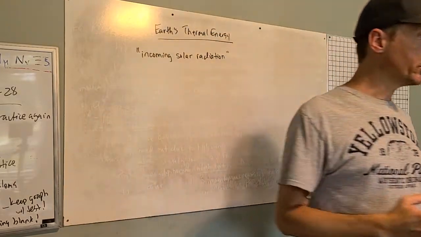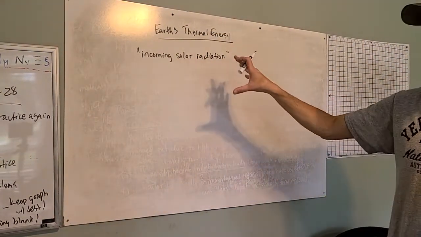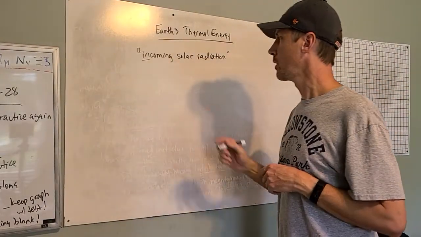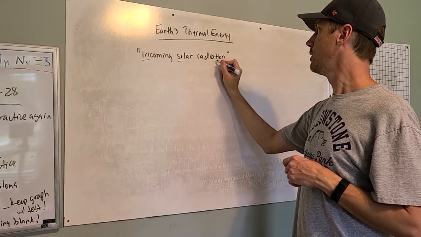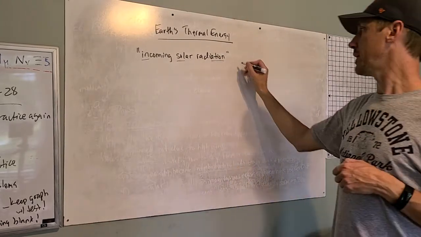We have a word that we use, which is like an abbreviation based on different parts of this phrase right here. So we take the "in" from incoming, and the "sol" from solar, and then the "ation" part from the end of radiation, and we make this word here,